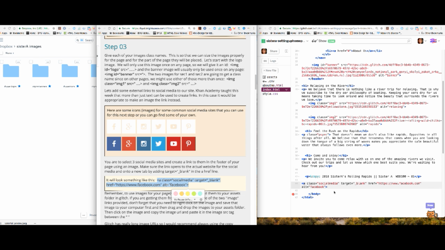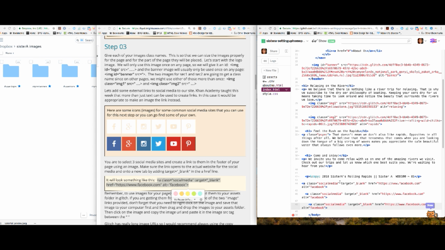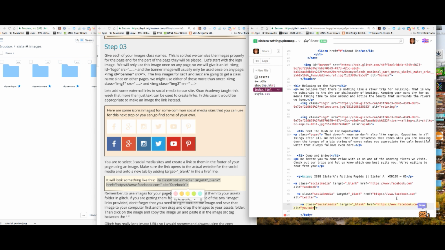All right, before I bring my pictures over, I'm going to get each one of these done. So I'm going to just copy and paste the same one 3 times. We know that this is all going to be the same on all 3. I'm going to change this word here to Twitter. And this one's going to be YouTube. And then I'm going to change the link